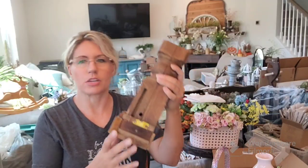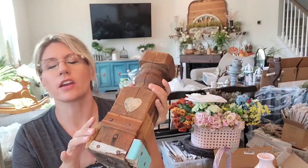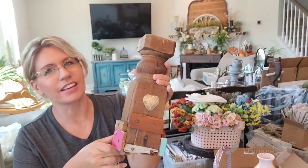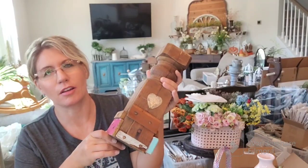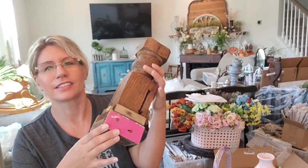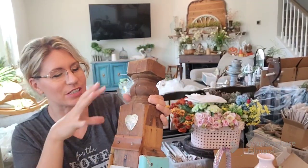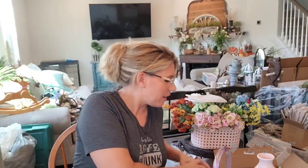This is all just a mishmash of miscellaneous stuff. This was from the barn sale, and it kind of looks like a candle holder, but it's just kind of a wood piece, a riser, whatever. It's got a lot of stuff going on here, but I thought it was just too cute. I love this little metal piece. I love that it was just kind of patched together, so I thought that was super cute. All right,